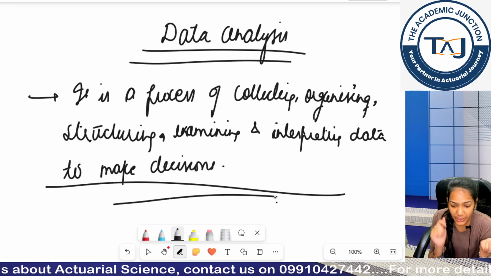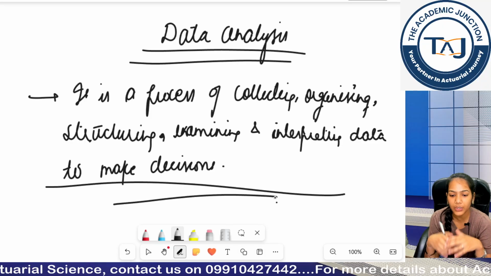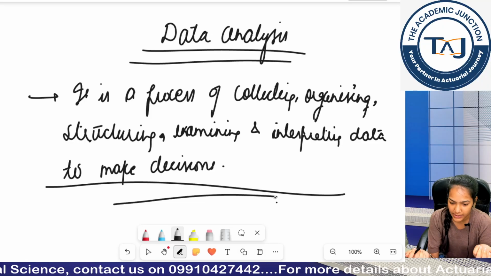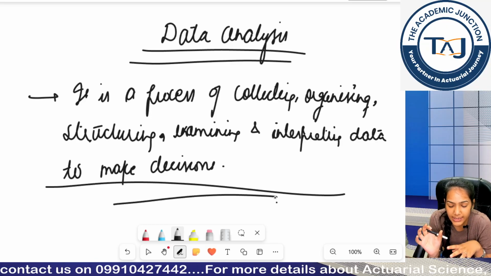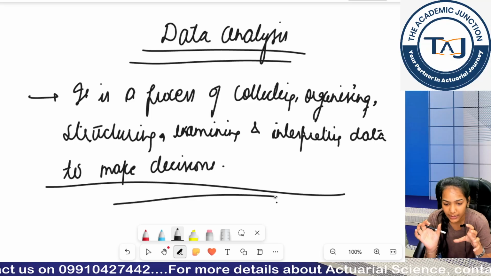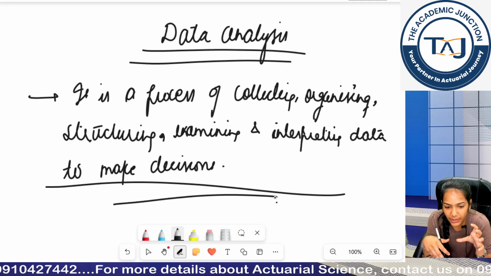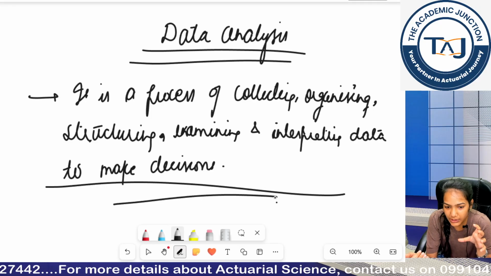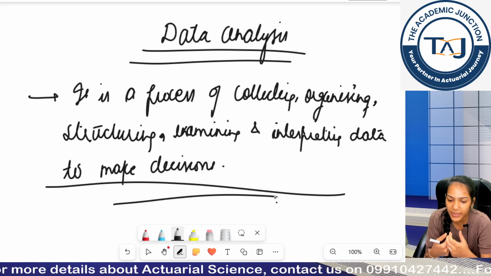So, this definition basically tells you what the steps involved in data analysis are and what the main aim of data analysis is. As the name says, analysis, what are we analyzing? We are analyzing our data, okay. In this chapter we will learn what the types of data are and in what forms we can obtain the data and how we make the analysis, what is the procedure of making the analysis, right.